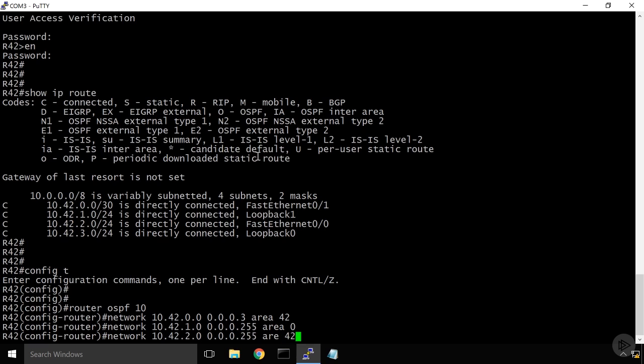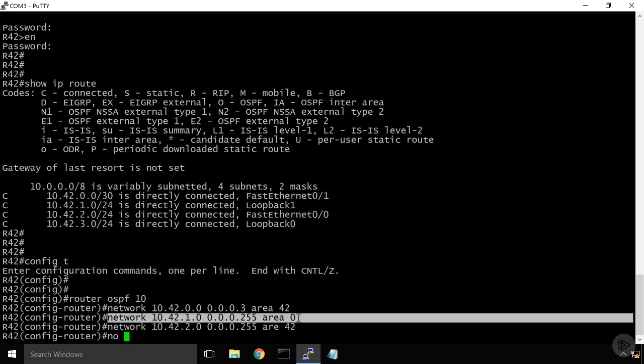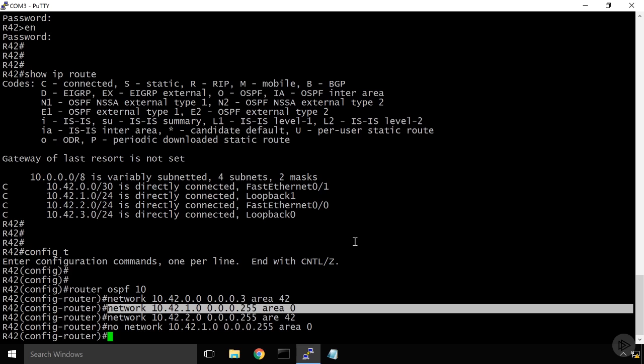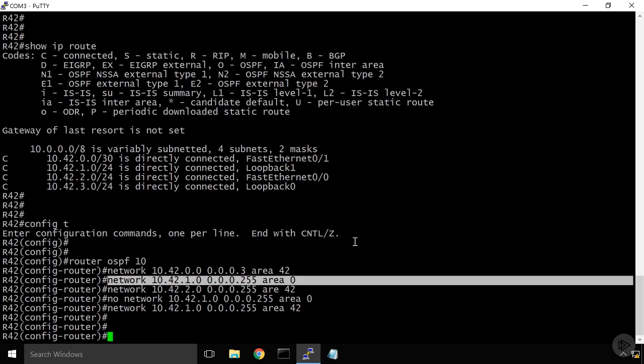And I made this previous statement here incorrect, so we'll get rid of this. It's so easy to type area 0 because it's typically the only area that we use in OSPF. But here when we're doing multiple areas, we have to make sure that we are conscious of those types of errors we can make, because once we advertise a network in the wrong area, that could prevent OSPF from coming online. So we'll do the last one here,